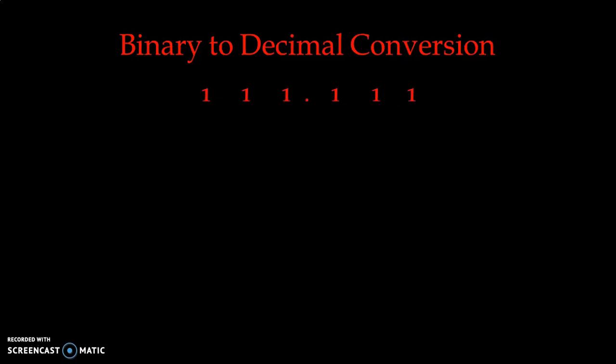Now let us take one more example, and that is a mixed number. So for mixed number, we start putting values. Base we have to take 2 and we have to take power as per the position of this particular bit. So we start with integer values. We start with the point and we travel from right to left, right? So this is point value and we have to travel from right to left. First we take base 2 and power 0, then we take power 1, then we take power 2.